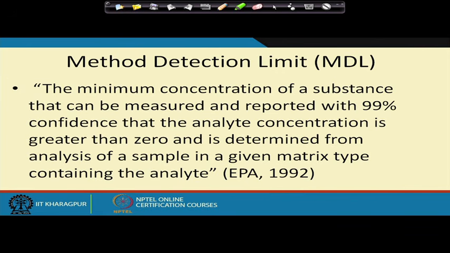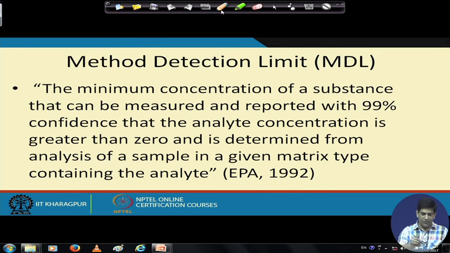If you look at this particular slide, this is a regulatory definition. That's why it's a big text. Whatever I've been trying to explain in the last minute or two is what has been given here. It has been directly copied from one of the regulatory documents. So it's the minimum concentration of a substance, or we can call it an analyte, that can be measured and reported